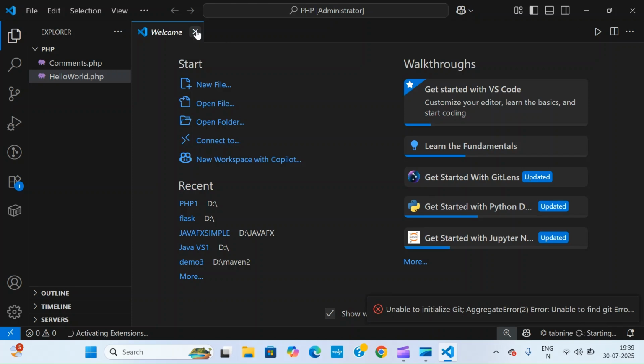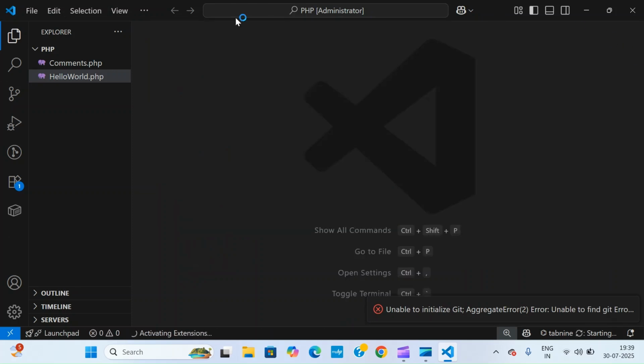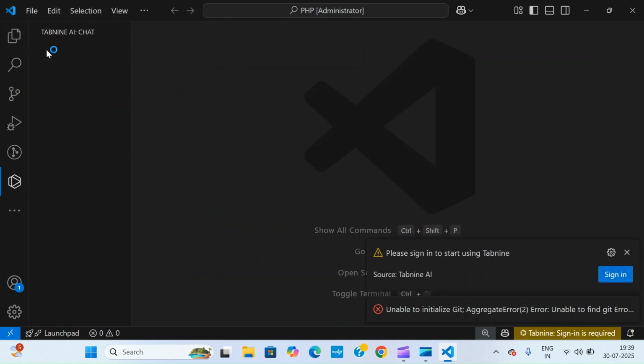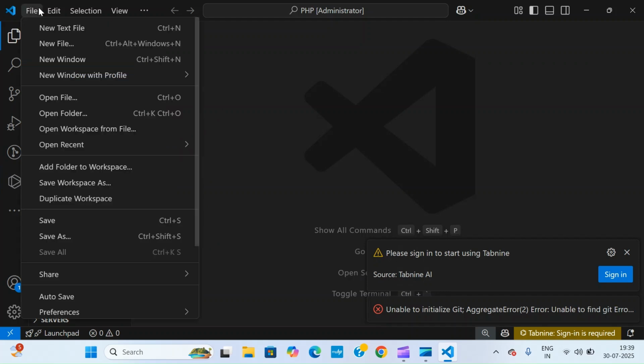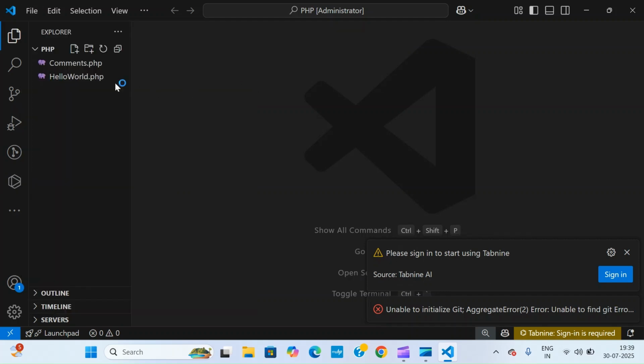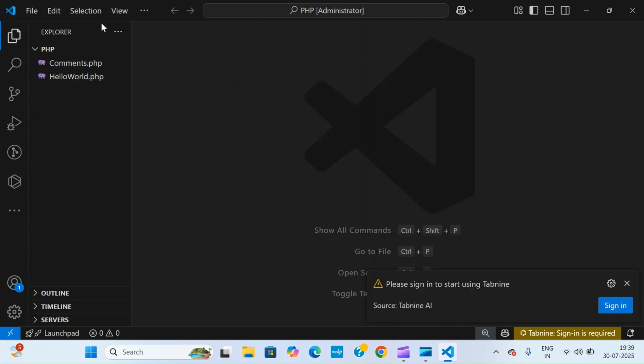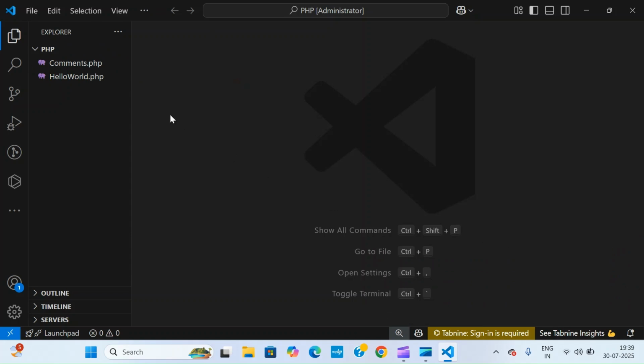Now here, this is the environment of Visual Studio Code, and I have one PHP folder that I created. You can work with any folder. I have just loaded that folder by using open folder, and inside that I have already some files. Now I want to create one new file where I want to demonstrate variables. So here you can see some option called new file. You just click this, and here I'm typing variables dot